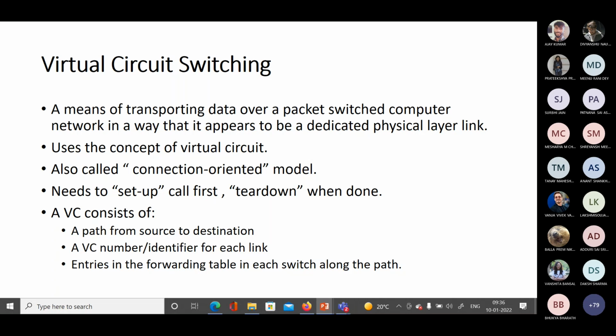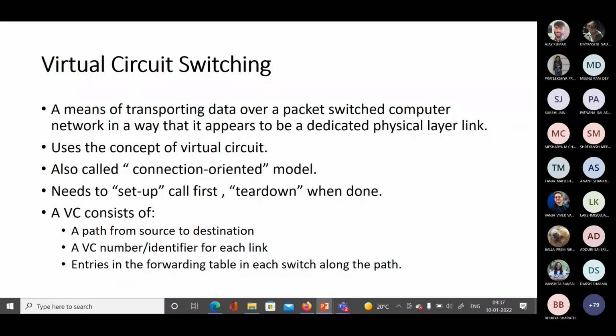Ma'am, the source creates a temporary connection to the destination using protocols. That is okay. It creates a temporary connection, and there's one more thing which is very interesting in this.